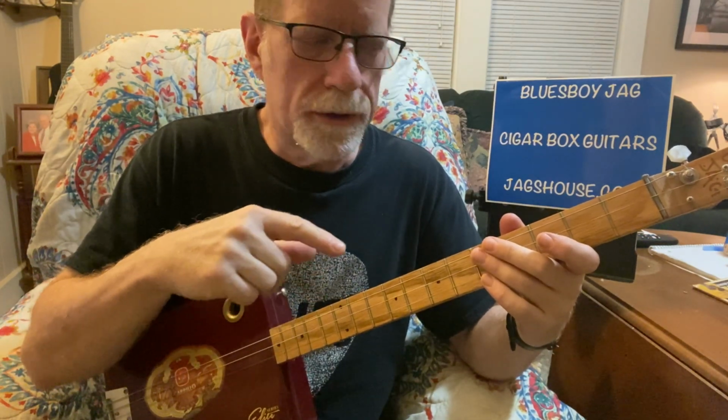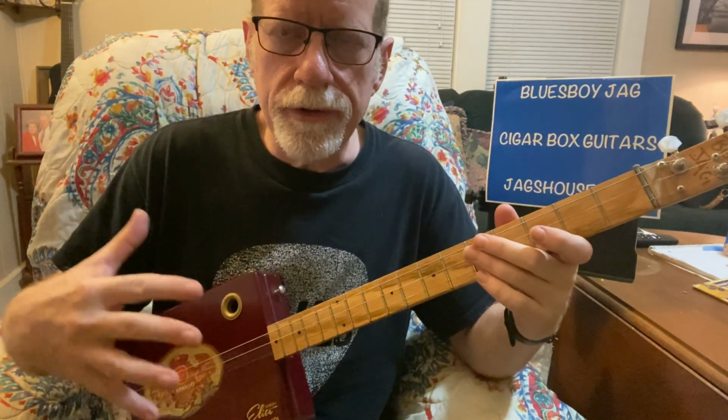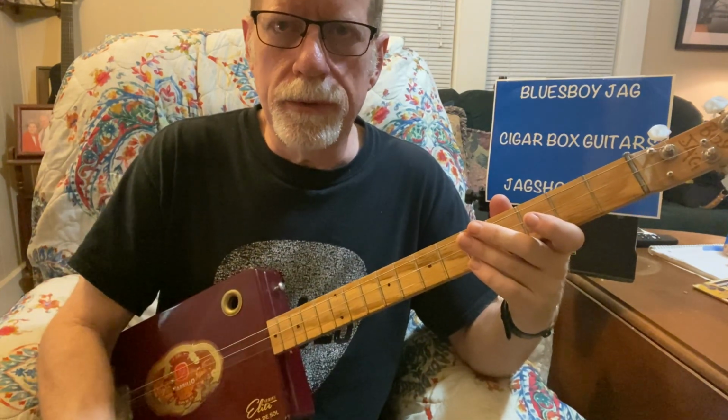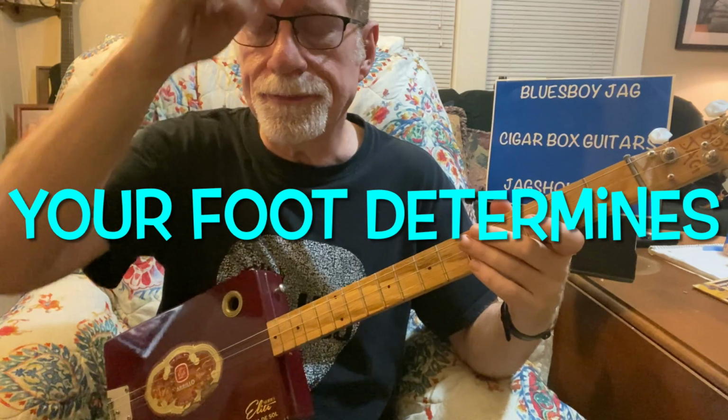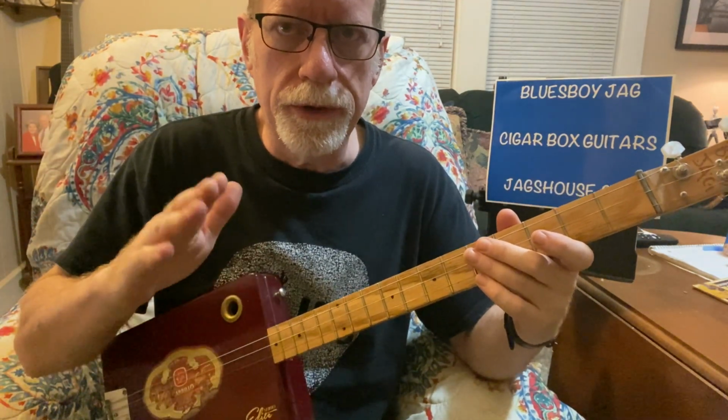So make sure you have your foot tapping, and as long as you play the right parts on the guitar, eventually, if you're not quite used to how that feels, everything will lock in together and you'll have a nice tempo. If you have some trouble doing this, what you want to do is start out slow and then speed up a little bit later. But make sure that foot is tapping, because